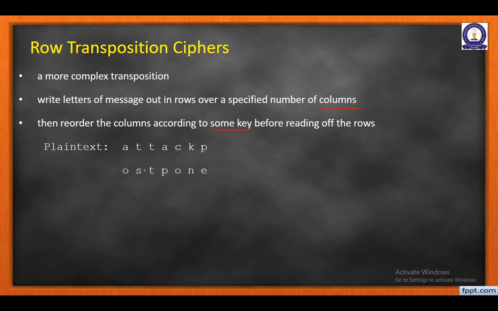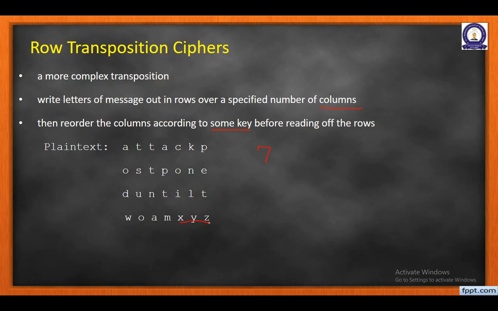So plain text is just written in terms of columns. Suppose now in this case the number of columns has been specified as 7. So what will happen, you don't have to give the rows. I will write this message row by row in terms of 7 columns. So what is the message, can you read it now? It is attack postponed until 2 a.m.